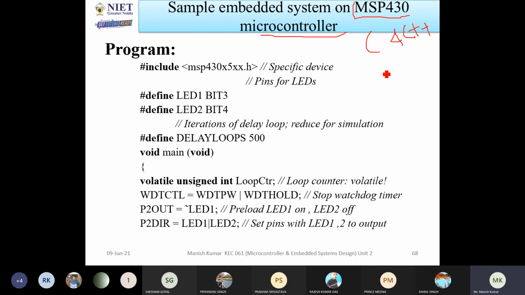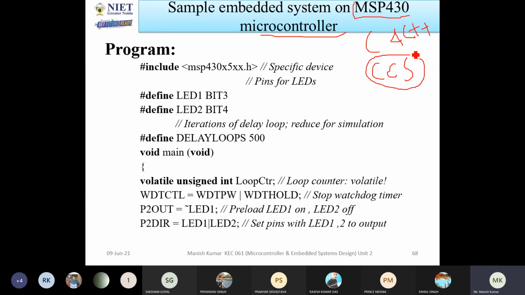The next thing is you have to use software called CCS, Code Composer Studio. With the help of this software, you can write the program, dump the code on the particular microcontroller, and visualize the output.